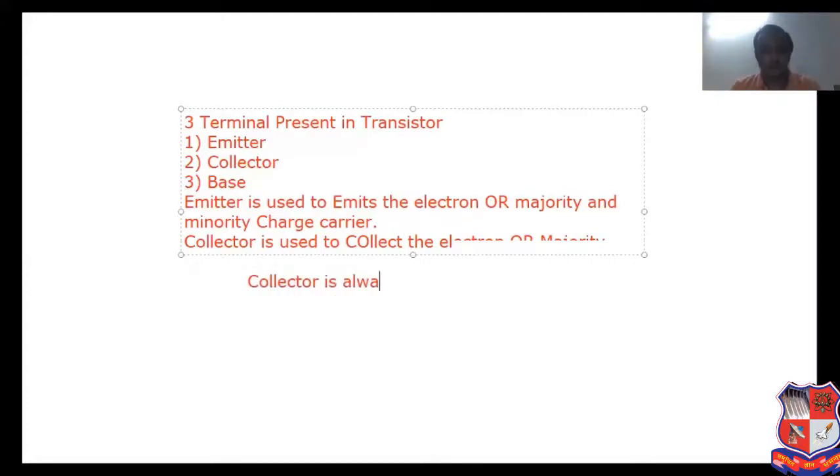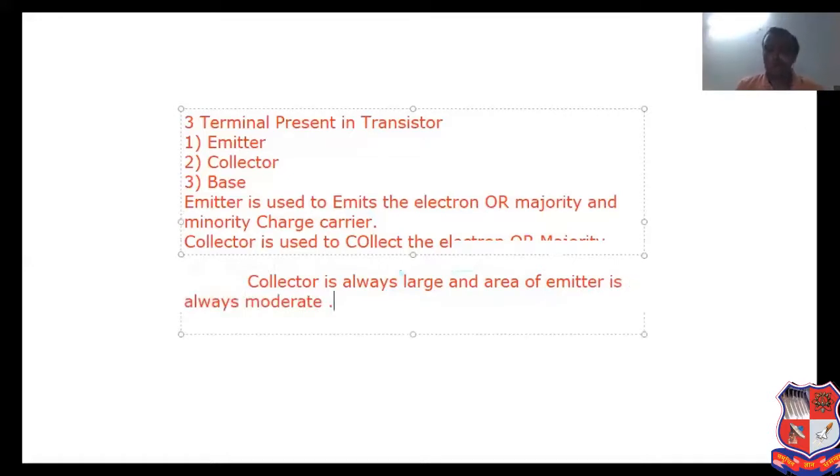Is always large, and area of emitter is always moderate. So please already discuss this point, and also I have sketched the symbol that can be related to